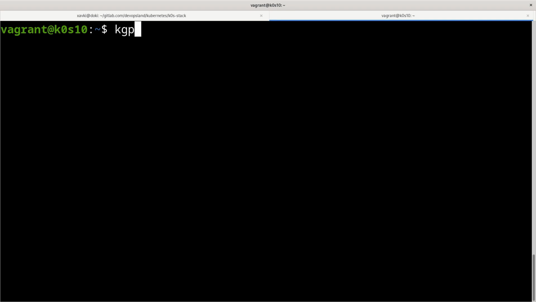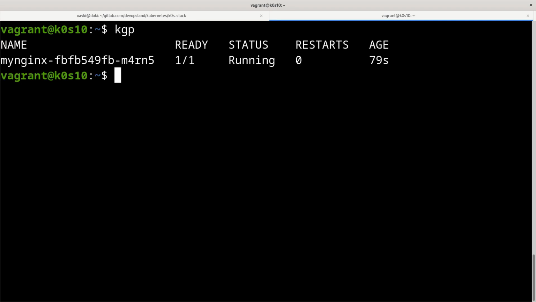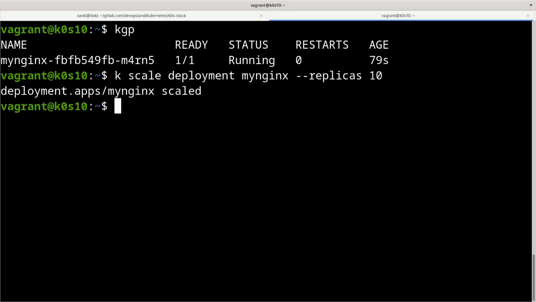For example, you have your pod, and sometimes maybe you want to scale up your pod. To do that, we can use kubectl scale, and what we want to scale is our deployment, my-nginx deployment, and I set replicas, and I want to have, for example, 10 pods.